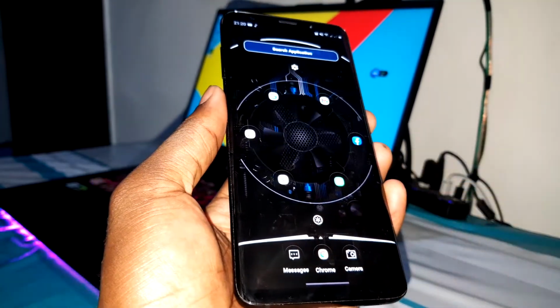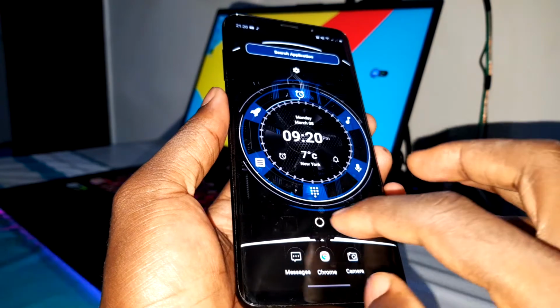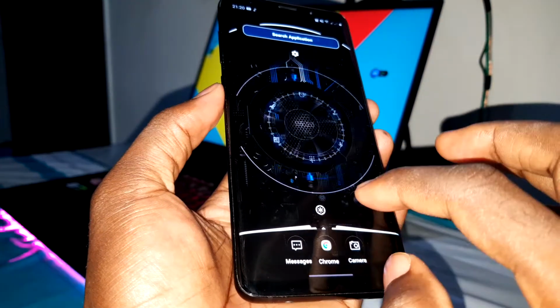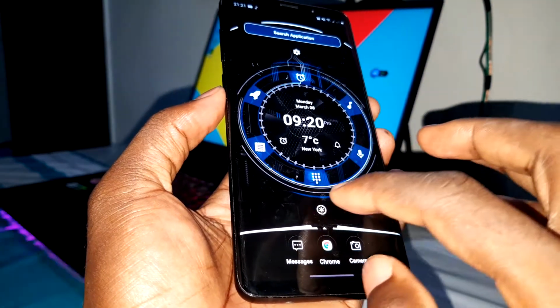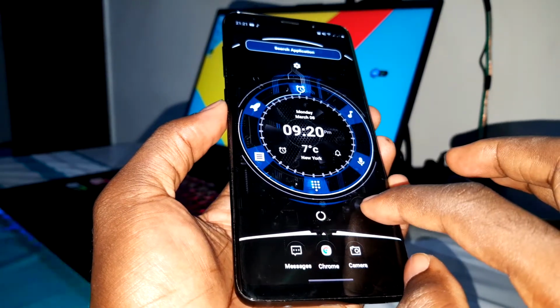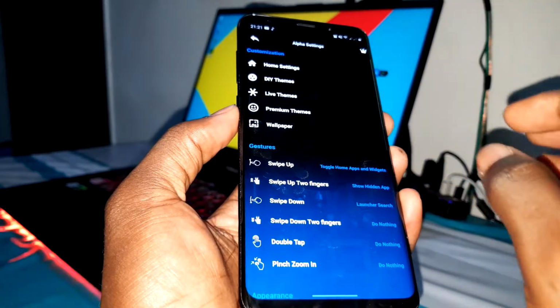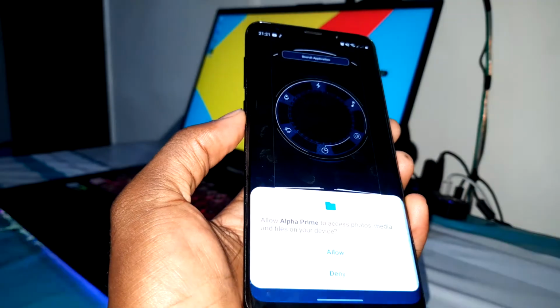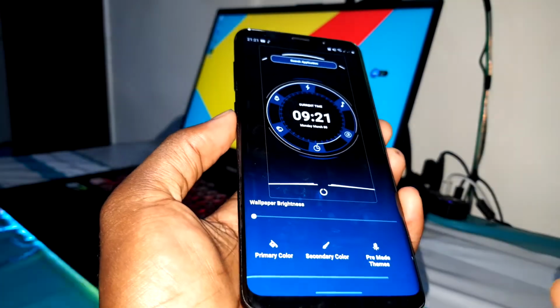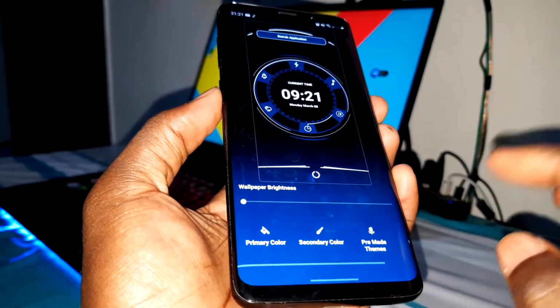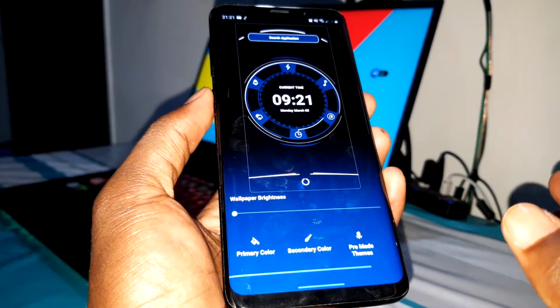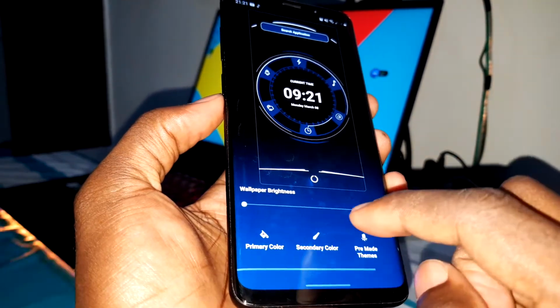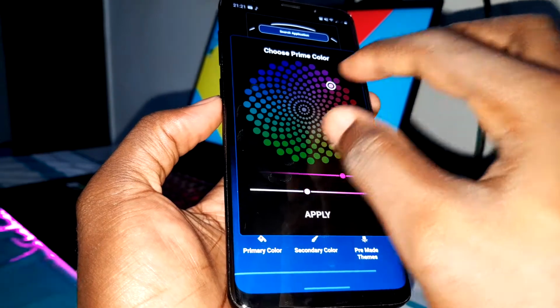Now you have this to change, also this thing easily for you all. Hold the home screen. No, go to settings. You have the item, and here you can choose the color that you want. Okay, choose the color you want.